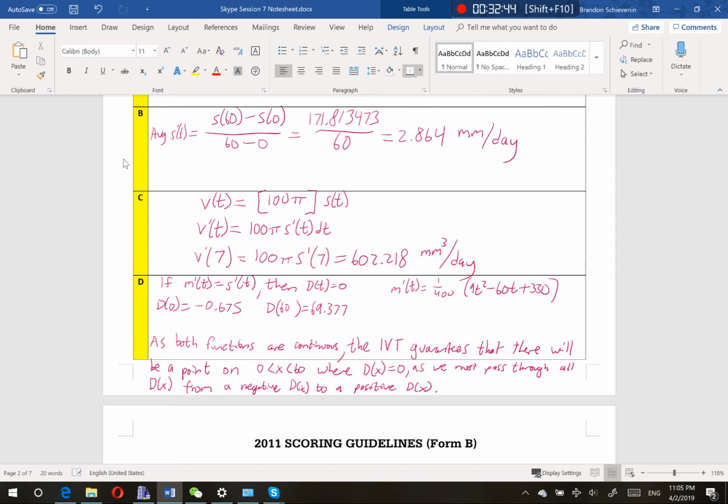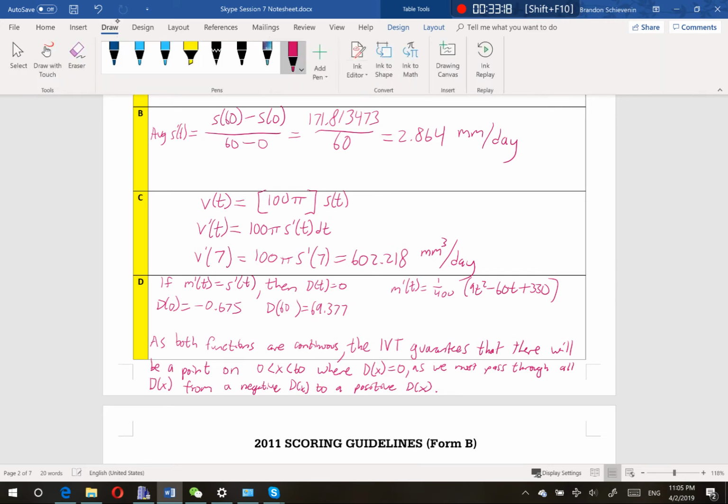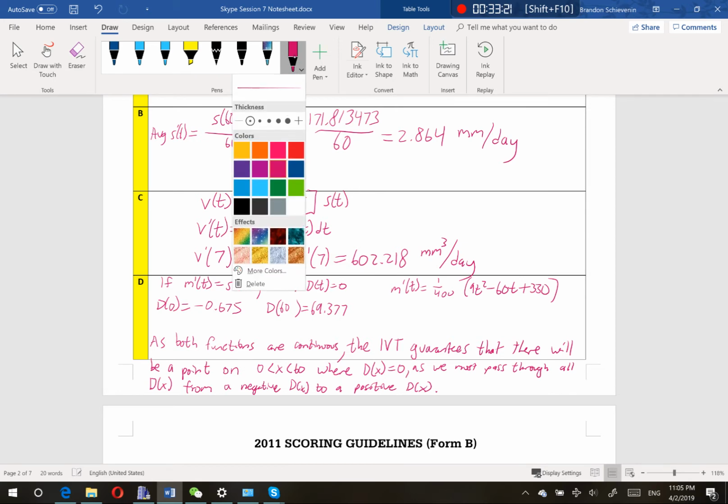May have been a little bit wordier than what I needed, but any questions on what we did? No. Okay. Because this is with a calculator, we probably didn't need to actually write our m prime t. As long as we tested 2 points to prove that our y values changed from negative to positive values, and then mentioned that the function was continuous, we've got enough information to prove that IVT will guarantee that point. So really, the only information I think we needed for this, I'm going to highlight in yellow,